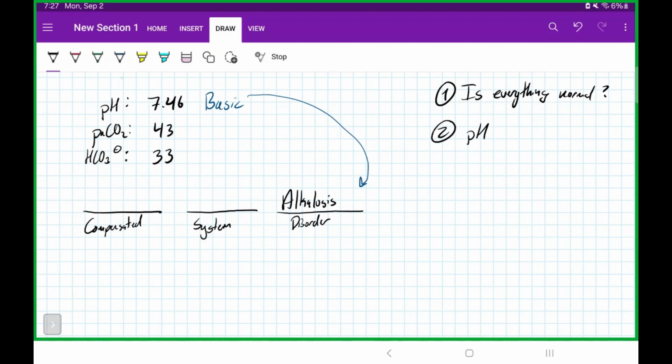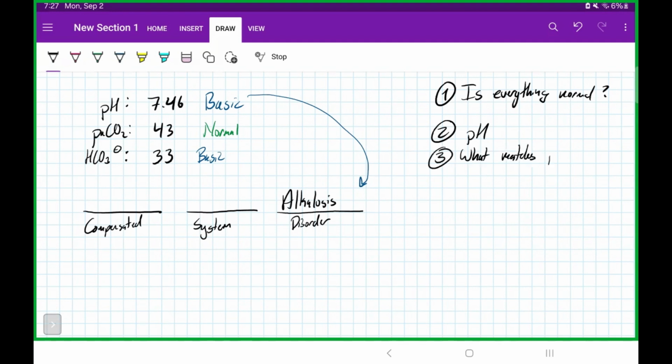Next, we're just going to identify what these other two things are. So our PaCO2 should be 35 to 45, so that's normal. And our bicarb, this value right here, is 33, which is high for bicarb, which means that it is also basic. So now that we have laid out that initial formulary, step 3 is